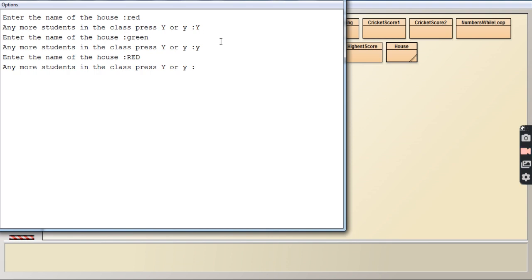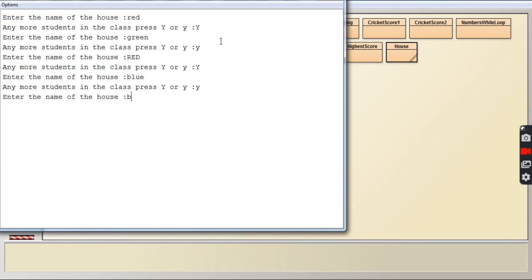And this time it is asking me any more students in the class. I'll say y, uppercase. Yes, there are more students. And this time I'll give blue. Again I am going to give blue.